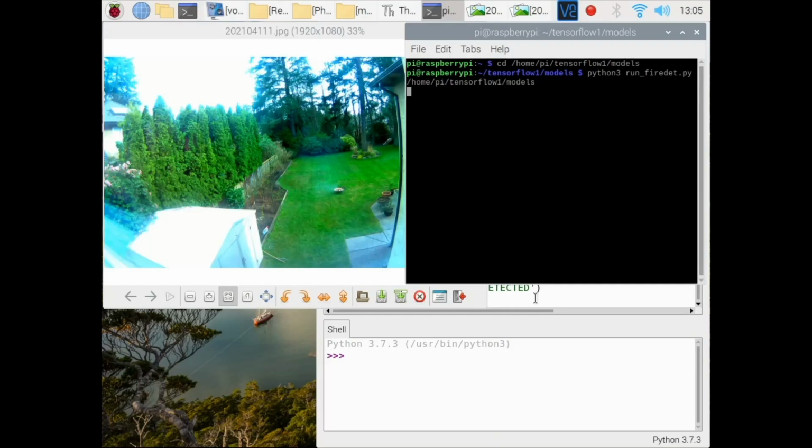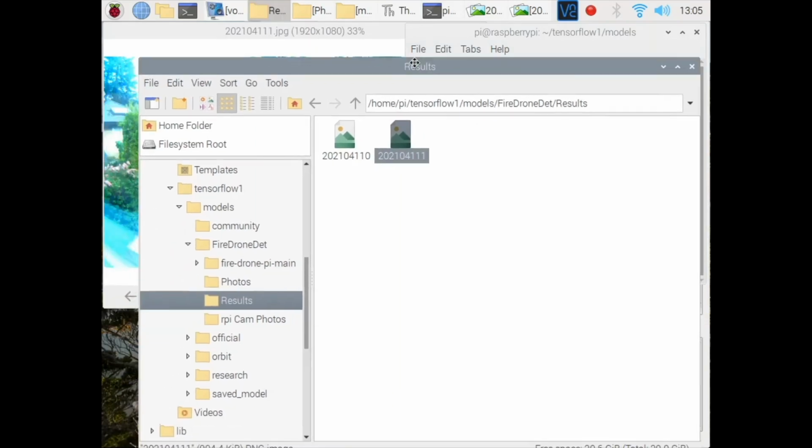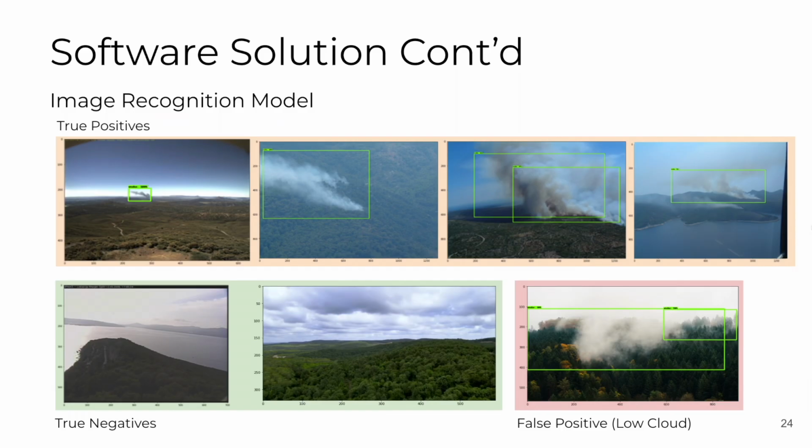This video demonstrates the smoke detection program running on the Raspberry Pi. This image was just taken by our camera. If smoke is detected, it is printed to the console, and the labeled results image is saved to be uploaded to the server. Our image detection model was created by training the EfficientDet model on a custom dataset of smoke images